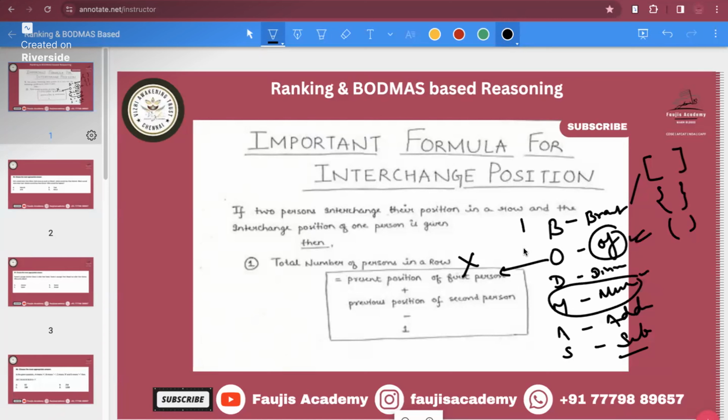Okay, so this is the order of priority. The first priority goes to the brackets, then the second priority goes to the of, the third priority goes to the division, fourth to multiplication, fifth to addition, and sixth to subtraction. Right, guys? So let's say if I tell you something like 10 divided by 5, okay, plus